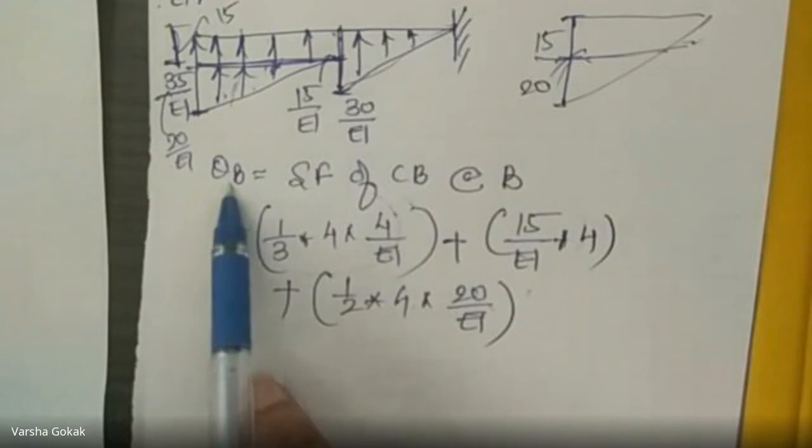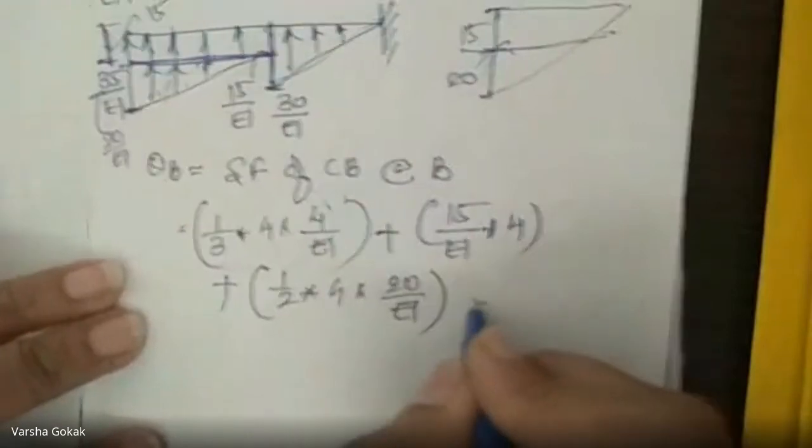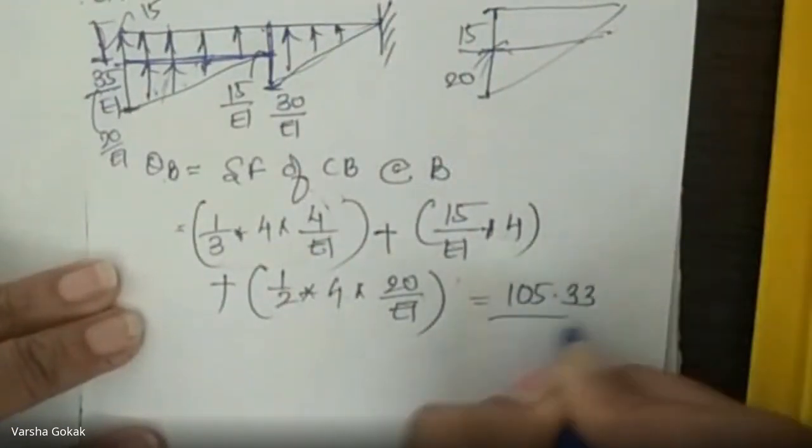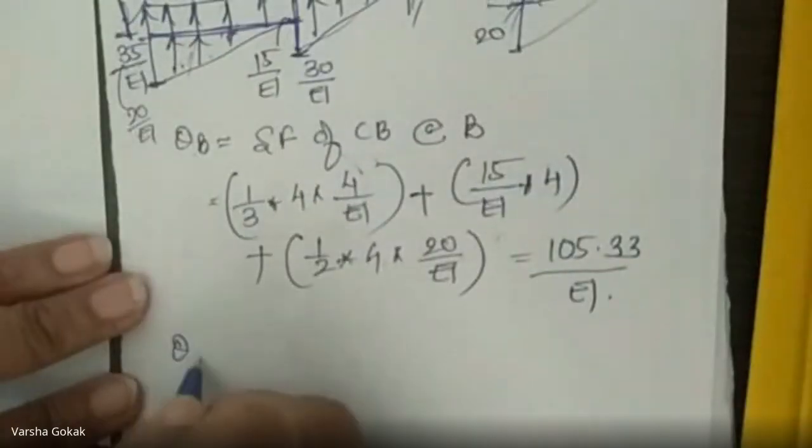105.33. I said point B. Okay. Fine. This is how much? 105.33 by EI. If I want theta C,